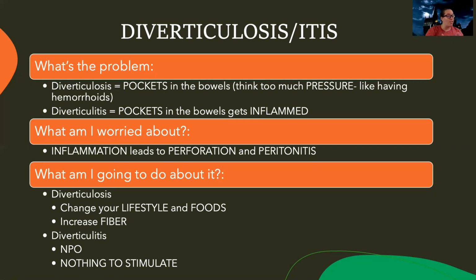It's too much pressure. Anything that causes pressure in the abdomen, we're not a big fan of. So for diverticulosis, for most of the time, you just have the pockets. They're not inflamed. They're just there. We want to change their lifestyle and foods and really increase their fiber so that things aren't sitting around and just hanging out in those pockets. Really get things moving. For diverticulitis, we want them to be NPO, nothing stimulating their bowels, no enemas,